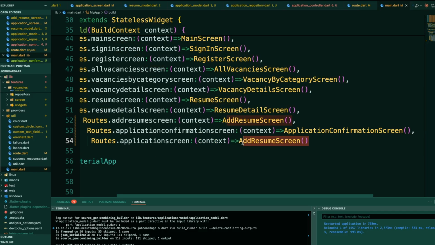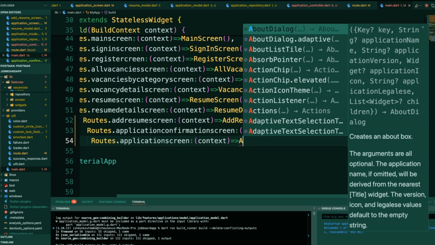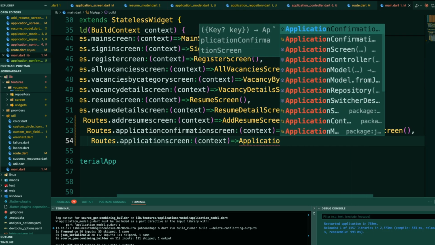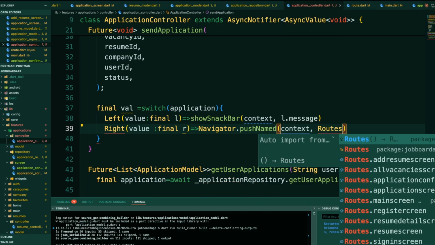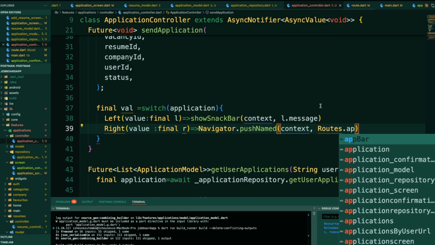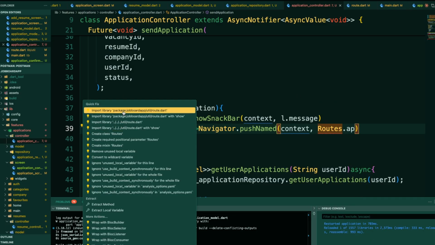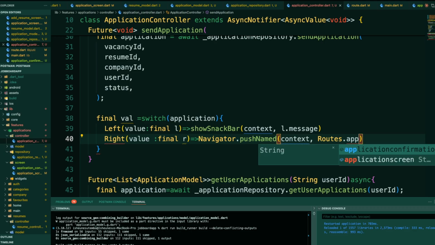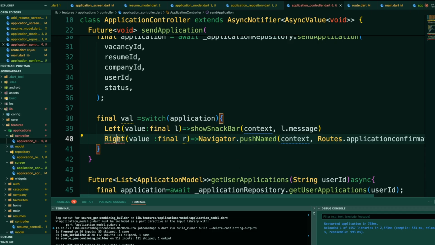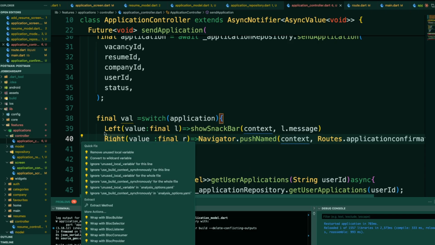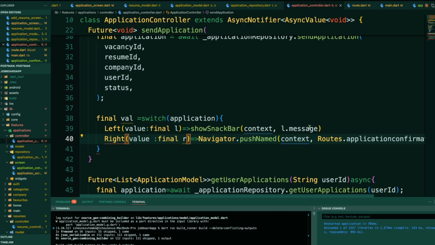Application screen and then application screen. Right, so let's go here and then push and then we just call our routes dot apply. Okay, let's import our routes file, application confirmation screen there. Okay, so now what we simply have to do here is